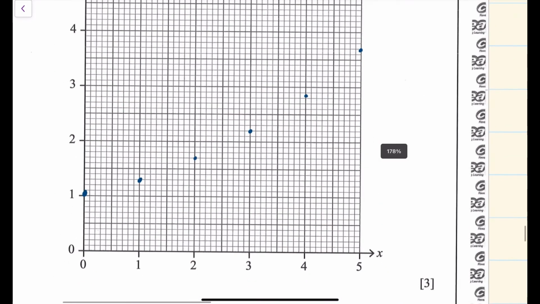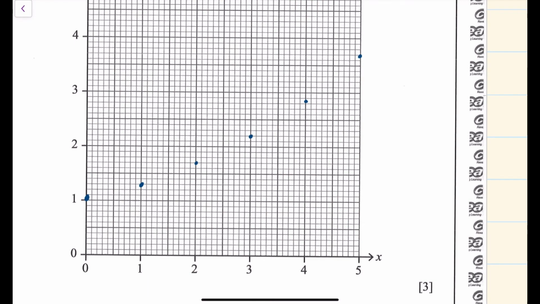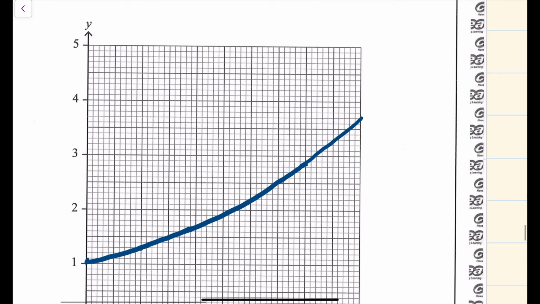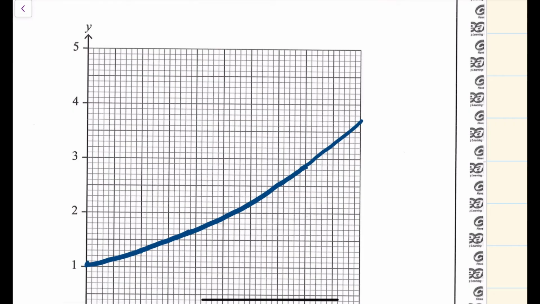Okay, right, so it looks almost like a straight line. It's not quite a straight line. It's an exponential graph, so it's got a slight curve to it. Try and do this in one go. That's not too bad. You know what? I'd be happy with that. That's what you've got for your question, for your graph. Next part says,